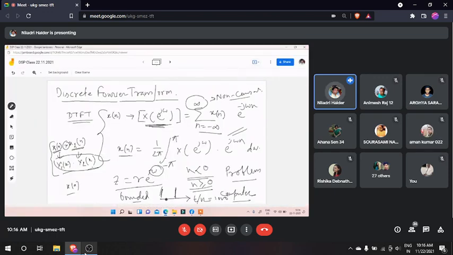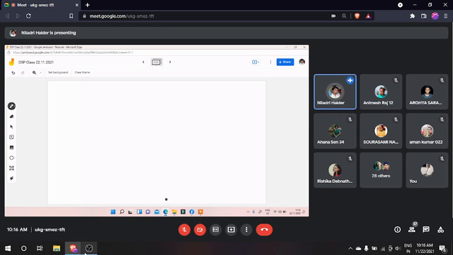So actually what I'm trying to say here, the computer or digital processor that you are using is a bounded system. Bounded means whatever the range you are trying to process, that range you need to mention. That may be 1000, that may be 2000, that may be 5000, that may be 100, that may be 5, whatever. You have to mention that range. You cannot consider an infinite range for a computer, because computer does not understand the infinite range.